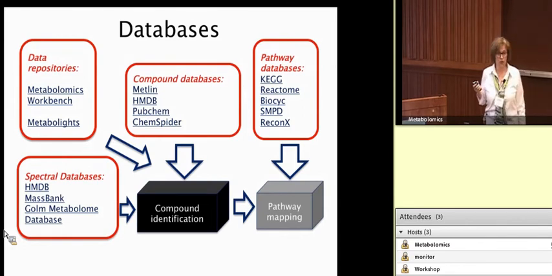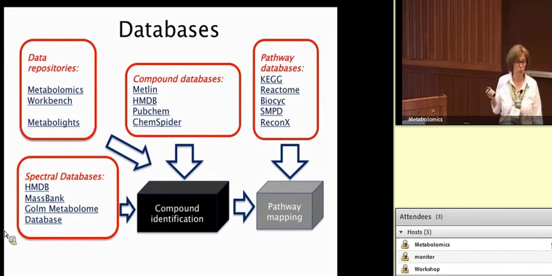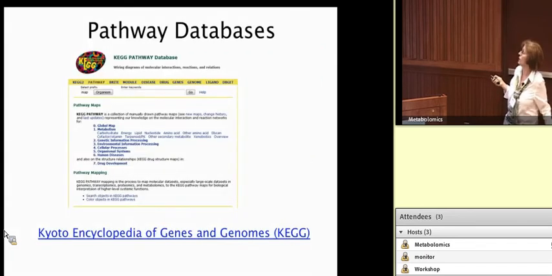The reason it's important to talk about this is because there are many tools for doing pathway mapping, including some commercial tools. And with these tools, I often hear complaints, and I have complained about this myself: yeah, I'm doing something, but it's really a black box, and I don't know what is going on inside that black box. How is that pathway mapping happening? So for the tools that I'm going to primarily talk to you about today, I will be able to explain to you how we do the mapping. But again, briefly to talk about KEGG,